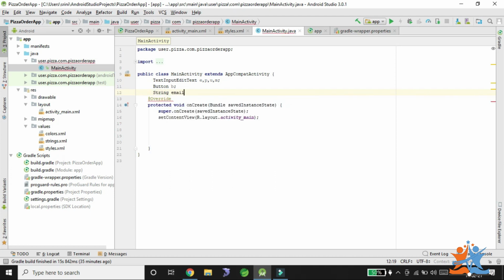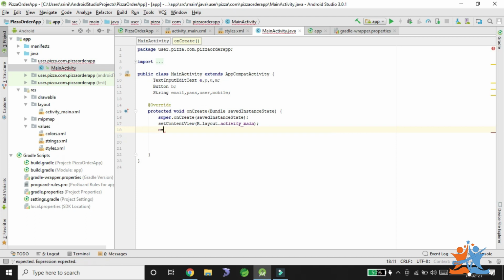String email, pass, user, mobile. So like that we are taking the same variables here. After setOnClickListener, we need to identify each and every